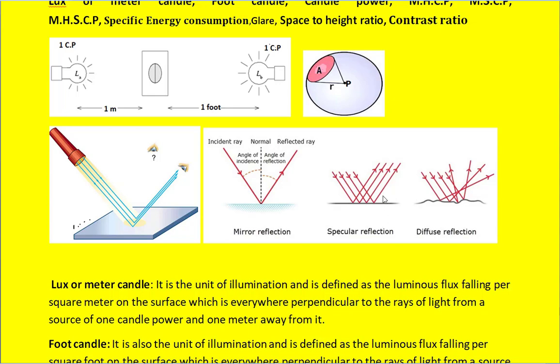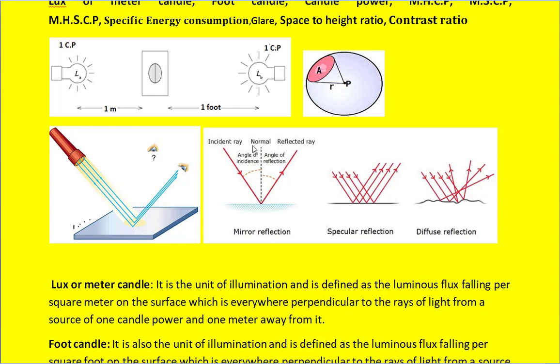Similarly, there is another situation where the light rays are coming like this. Each light ray will reflect at some angle like this. Similarly, there is another pattern called diffuse reflection, where light comes like this, so some light will reflect like this, some will reflect like this, some will reflect like this. So there is no definite pattern of reflection. So based on these diagrams, we have several